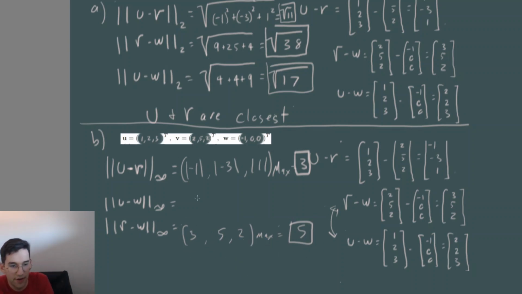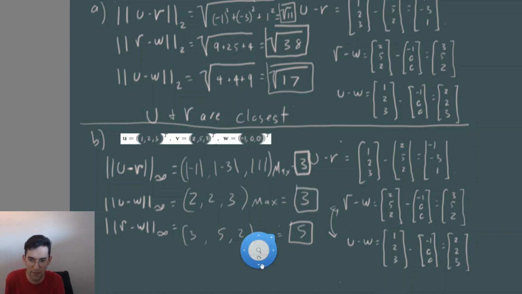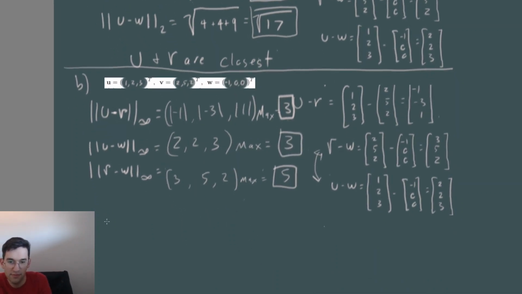Okay. Now we're going to do this one here. So absolute value of 2, 2, and 3. Max equals 3. Okay. Huh, this is suspicious. Okay, so it looks like the distance